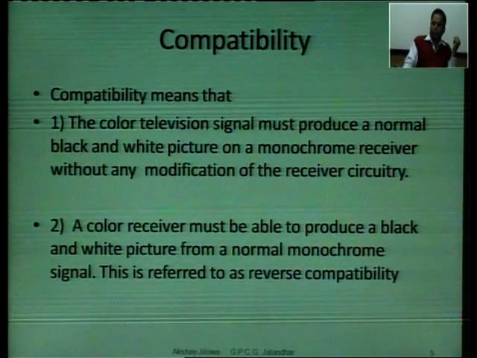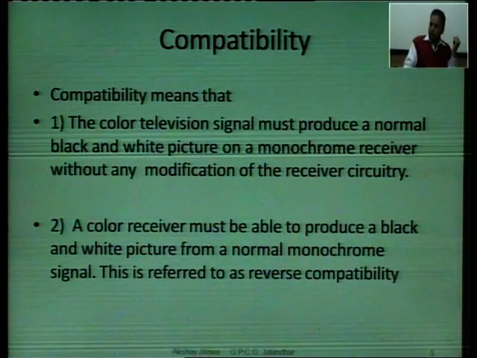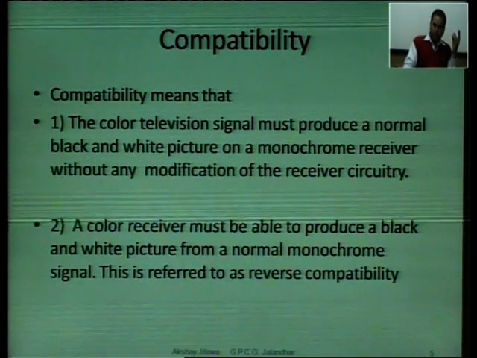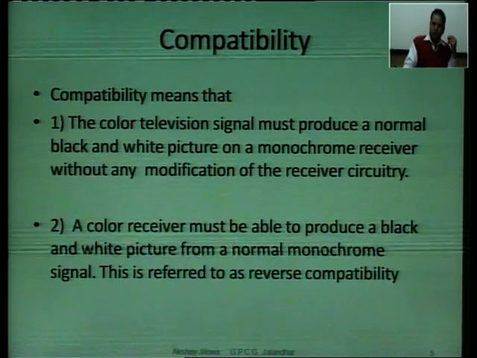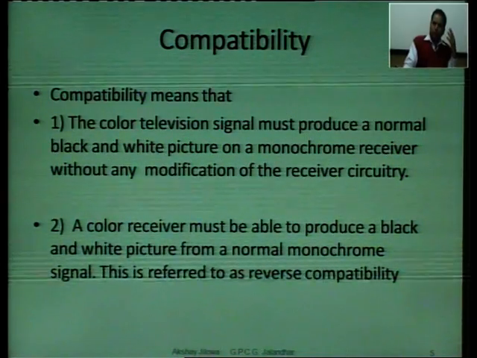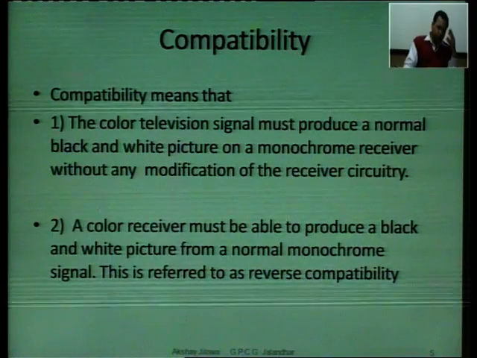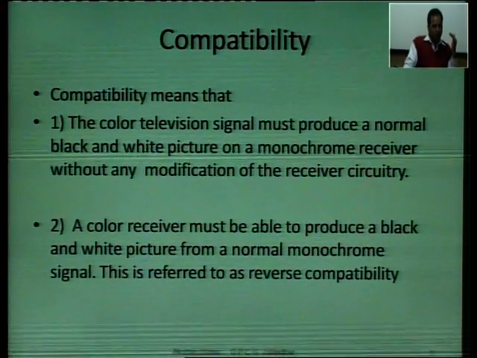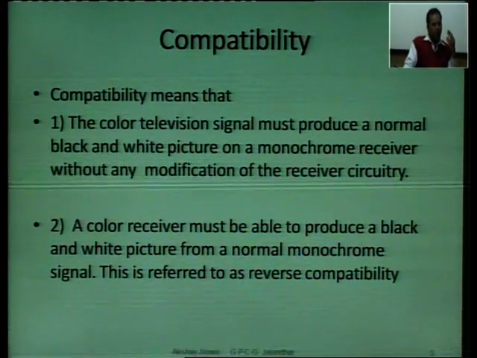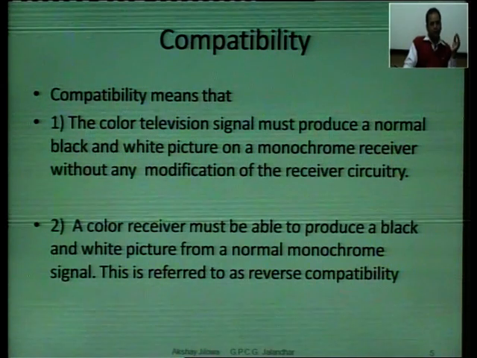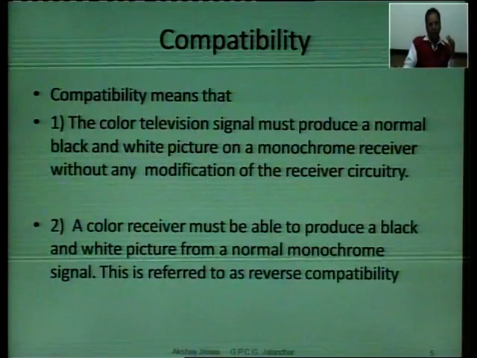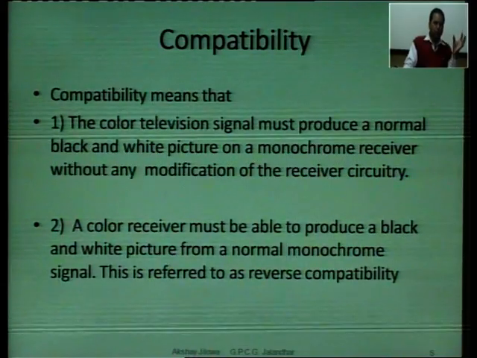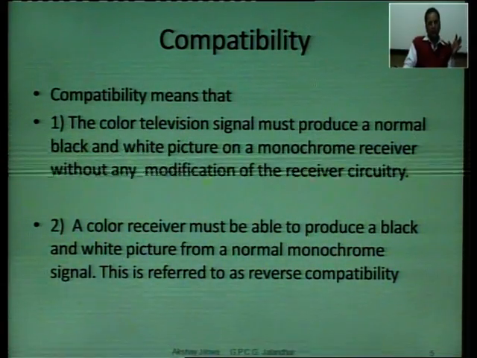Next is compatibility. This is very important, and perhaps the most important part of your TV system when we talk about the color TV system, because it is not only the color TV system which we will be discussing. It is also the monochrome counterpart of it: how the monochrome system works and how it is different from color, and what the similarities are between color TV and monochrome TV, and how they can be correlated to each other, how the signal can be processed in both of them,